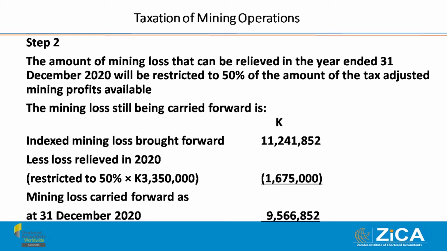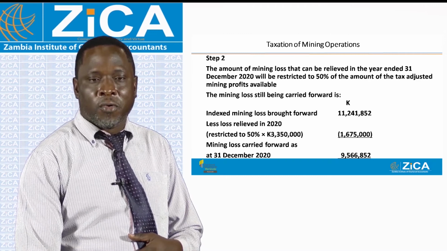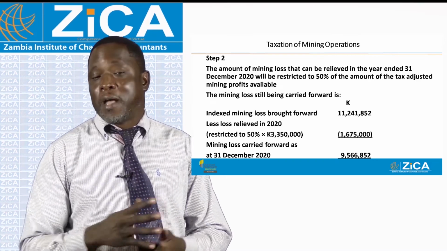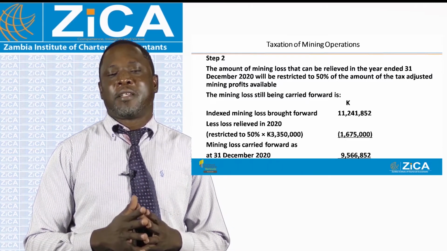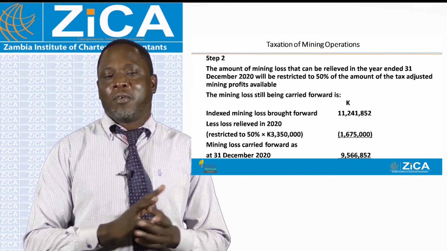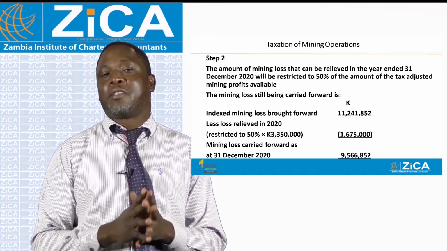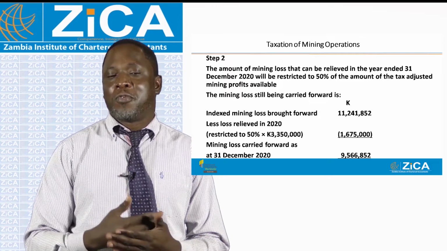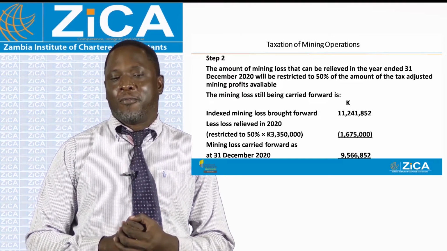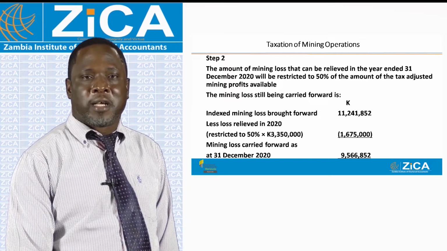So, as you can see in this question, the profits which this company made in this particular year were 350,000. But the tax law does not permit you to use the whole 350,000 to offset a loss you made in an earlier year. You will only be permitted to use 50% of that. Such that when we work this one out practically,